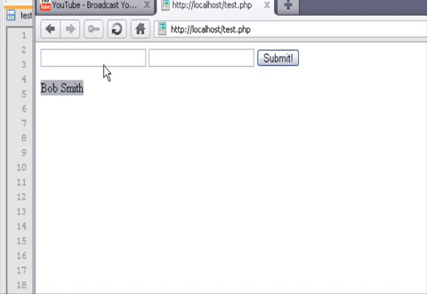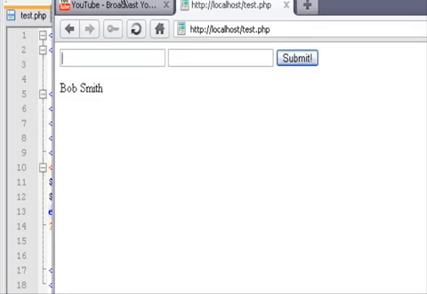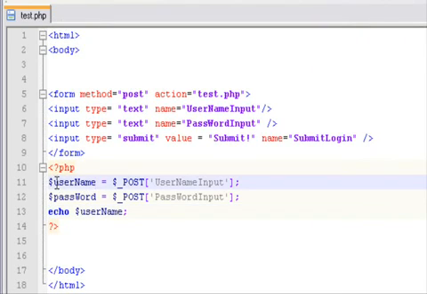set a variable, that value, at runtime. So this username got that value through the post super global variable. And we could have also just echoed, we could have wrote echo this highlighted area, and that would have worked